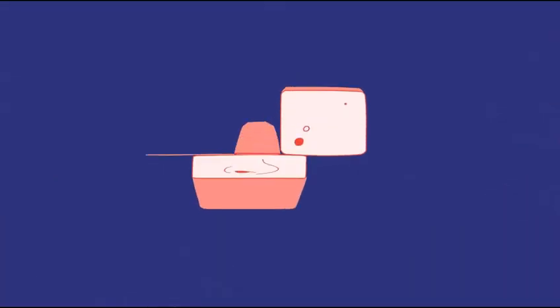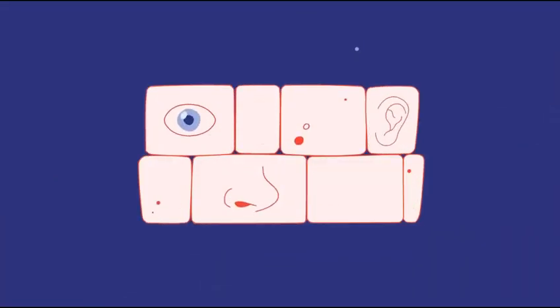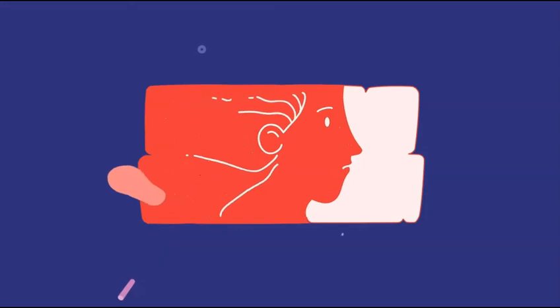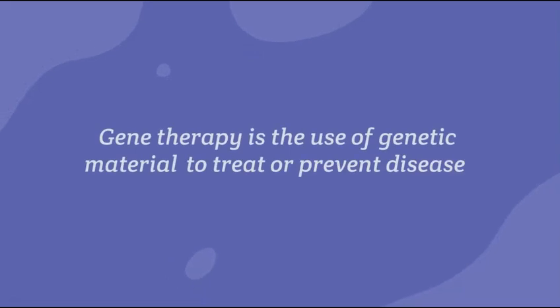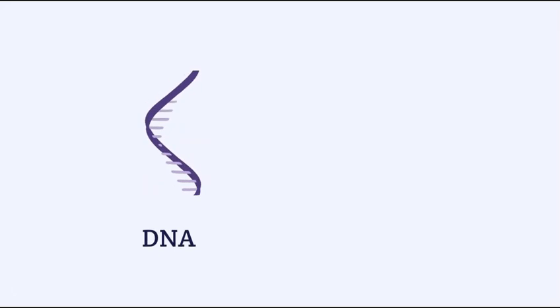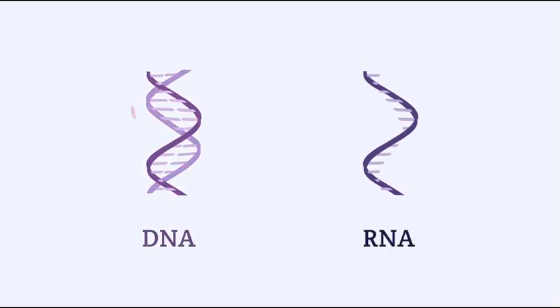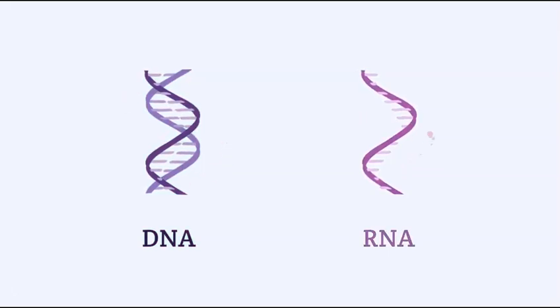That's where gene therapy aims to help, by addressing the underlying cause of disease. If genes are like the blueprint to our body, gene therapy can fill in missing parts or correct errors in the drawings. Gene therapy is the use of genetic material to treat or prevent disease. The genetic material used or targeted is DNA or RNA. DNA stores our genetic information, whereas RNA is a modified copy of that information needed for the cells to build